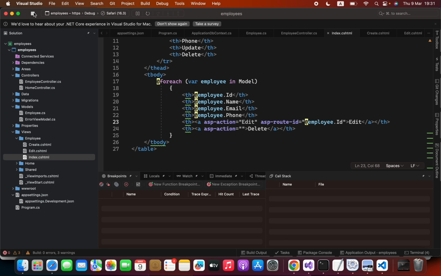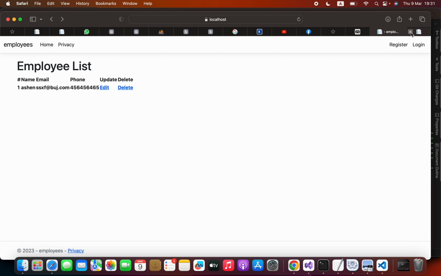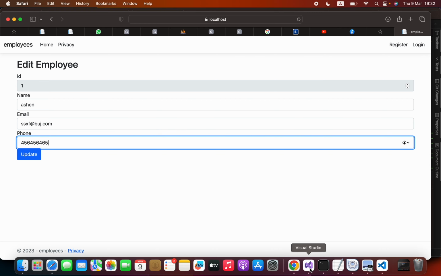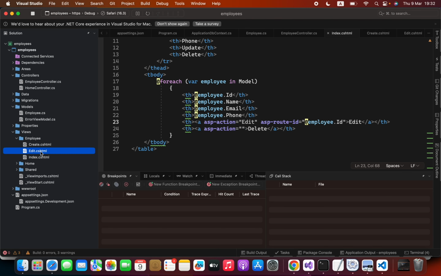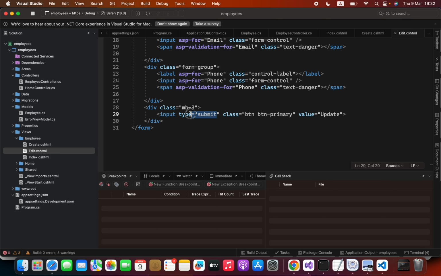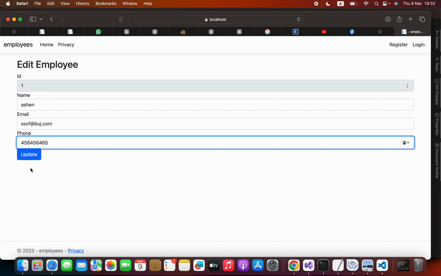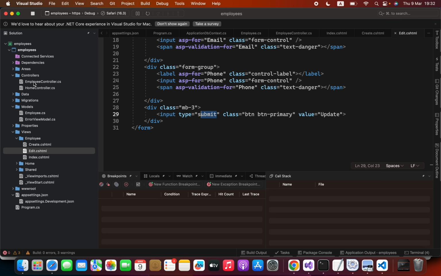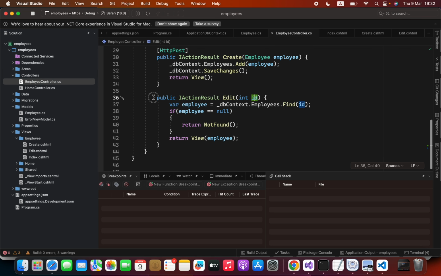Alright. Now, if we stop this and run again, here I am going to click edit. Now, we can see these data are visible to me. Alright. Now, in the edit one, when we click this submit, we are going to send a post request. To receive the post request inside this employee controller, I am going to create a new method as http